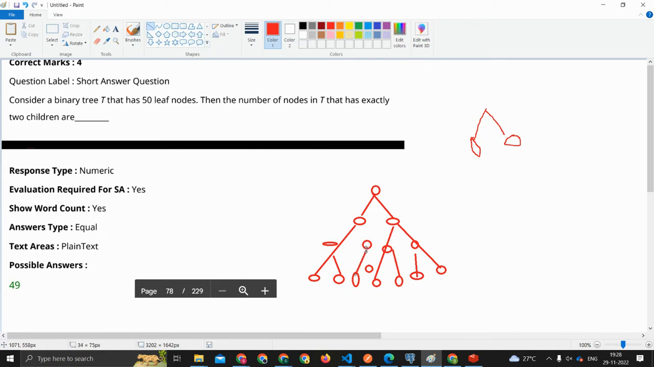This is gonna come here. This is gonna white. Okay. Now, how many leaf nodes do you have,